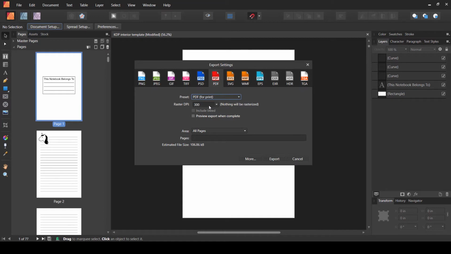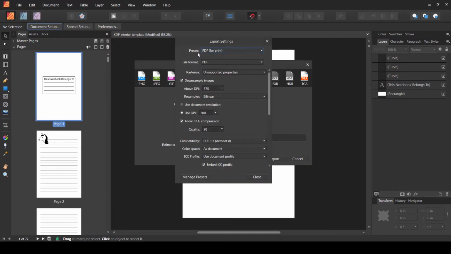Then raster DPI should be 300, because if you are using any raster images, maybe PNG images, any images which are not vector in format, then you should select at least 300 dpi. Then All Pages, because you want to print all pages. Before exporting, you should select More, and again the same kind of options are available here.